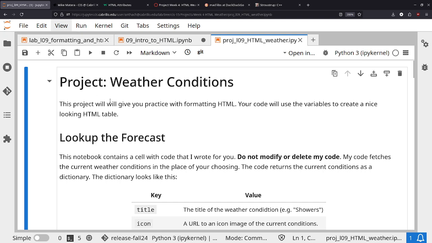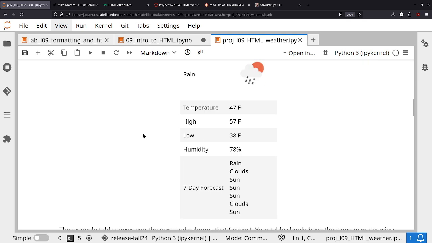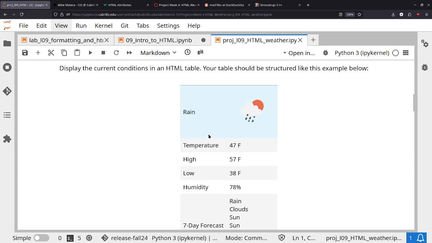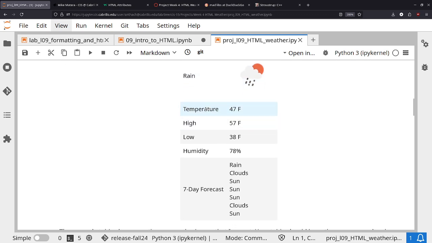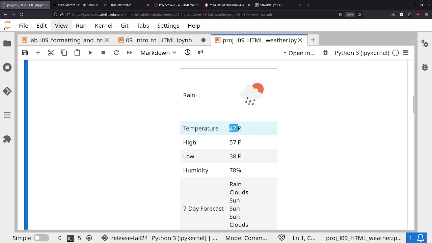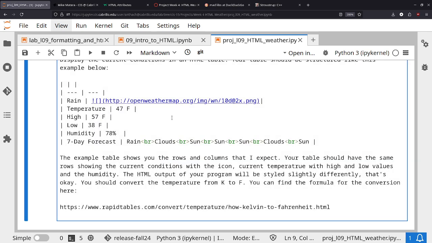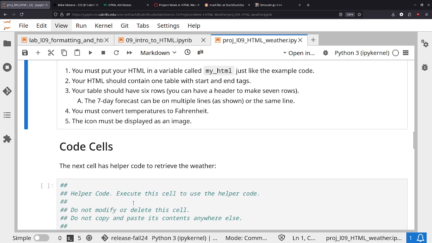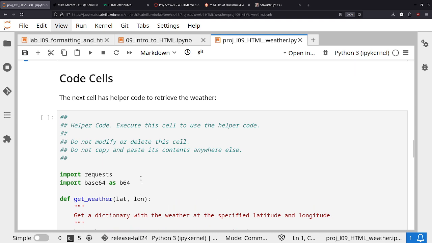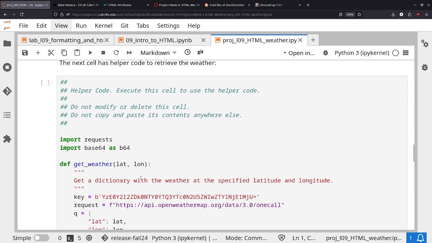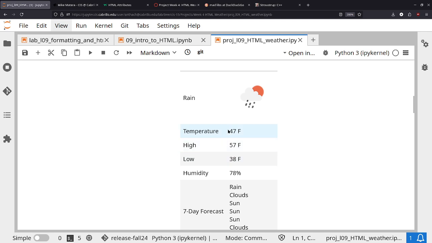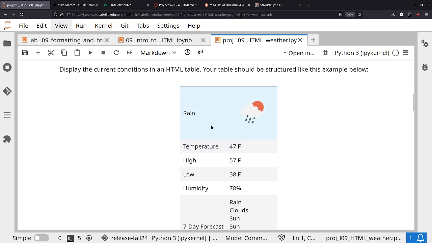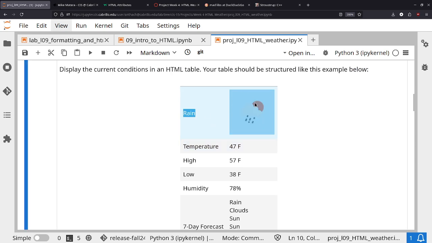It looks the same. It is the same, but instead of printing it plainly, we're going to be formatting in a table that looks like this right here. So the goal is to make a table where the left-hand side is labeling the right-hand side. Let me run this cell. I accidentally clicked into it. There's some stuff down here that downloads a weather dictionary. So it's going to be your job to gather data from the dictionary, so access the dictionary and then put the values into a table. In particular, I wouldn't focus on this first row yet. This first row is a little tricky,